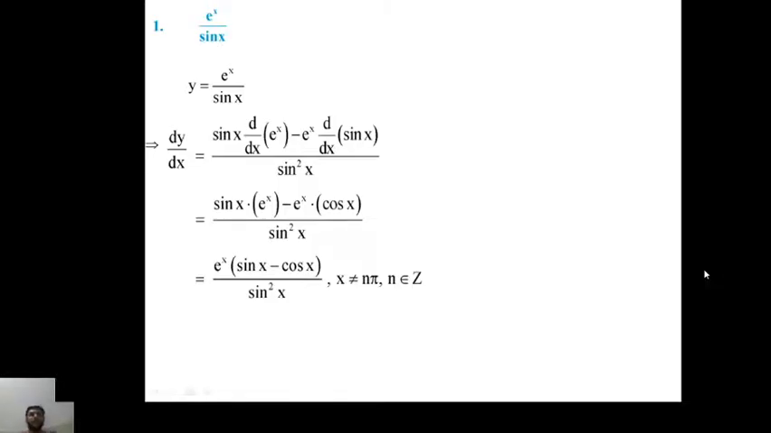Okay, today we will study exercise 5.4. It's a really very easy exercise. You have to just use the concept of the last three exercises. First one is multiplication rule, second one is division rule, third one is chain rule, and